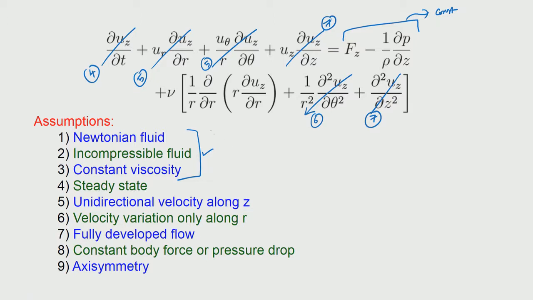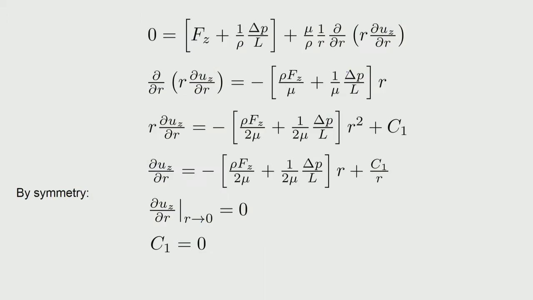So, you now have the Navier-Stokes equation having only two terms, and that would look like that. So, when we now integrate, take this term to the other side, so you get a minus sign, and then you integrate once. Then you can get the r coming in, and then the integration constant is C1. Okay, and when you integrate once more, you can see that this would actually give you a log term.